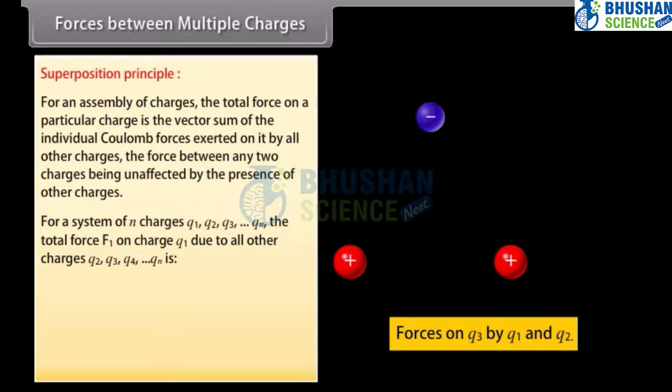on charge Q1 due to all other charges Q2, Q3, Q4 and so on till Qn is F1 = F12 + F13 + F14 and so on till F1n. This equation can be written as